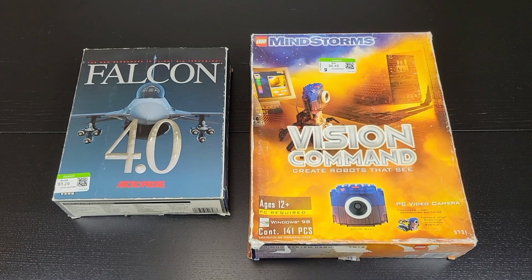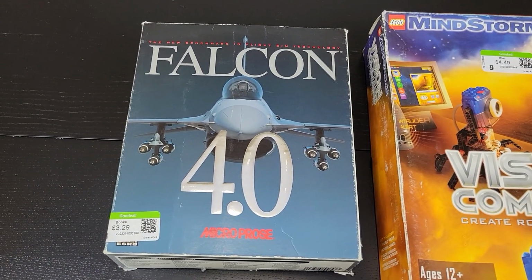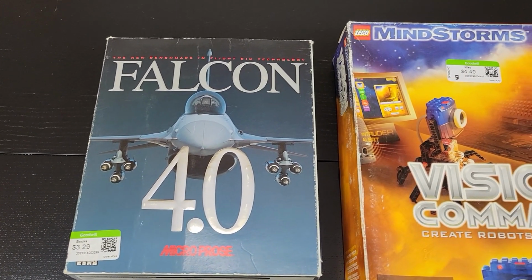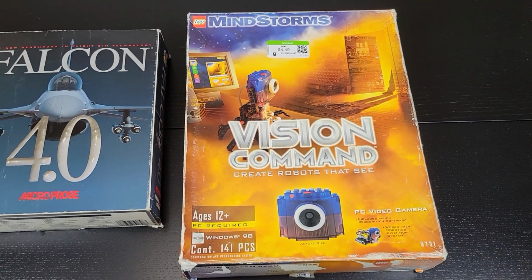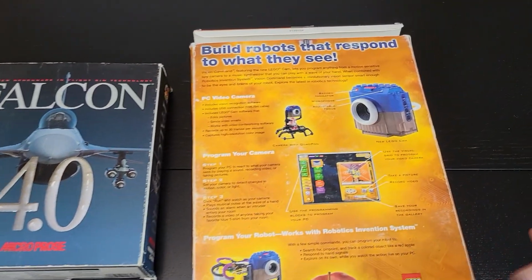I think that's where we'll wrap up this episode of Thrifting Time. I was pretty happy to add 2 big box PC games to my collection, although one of these isn't really a game, it's a Lego set with a webcam. I'm a big fan of Lego, so I think I'm going to have a lot of fun with this as well. If I end up being able to get it to work, I'll probably do a little video on it